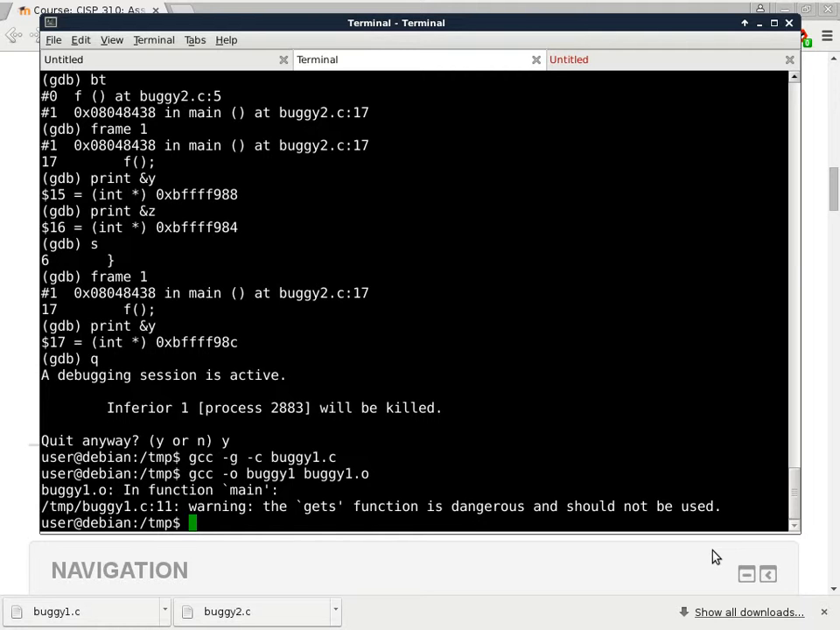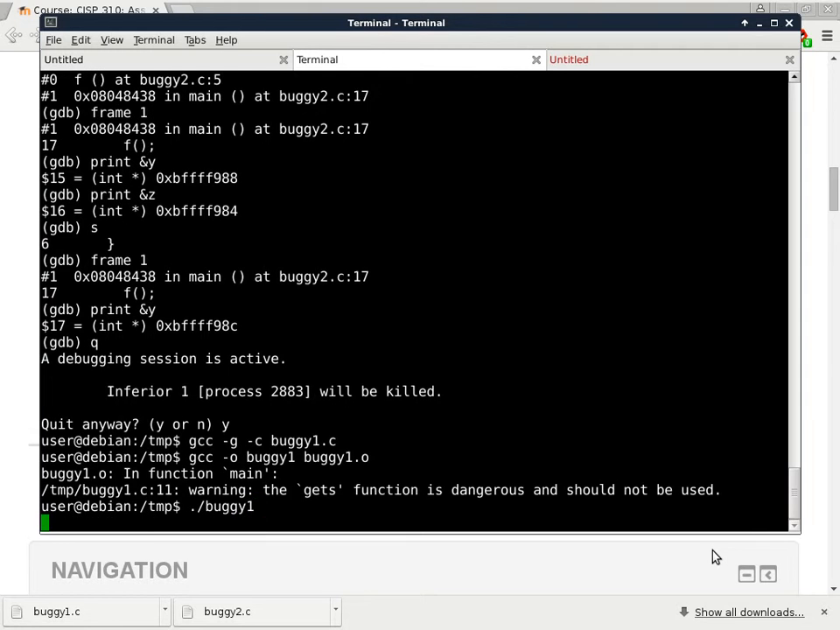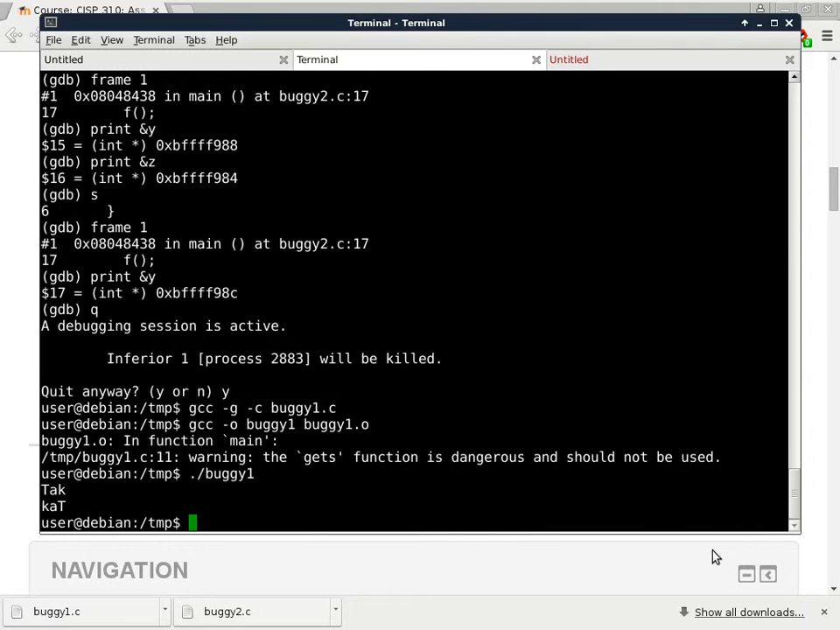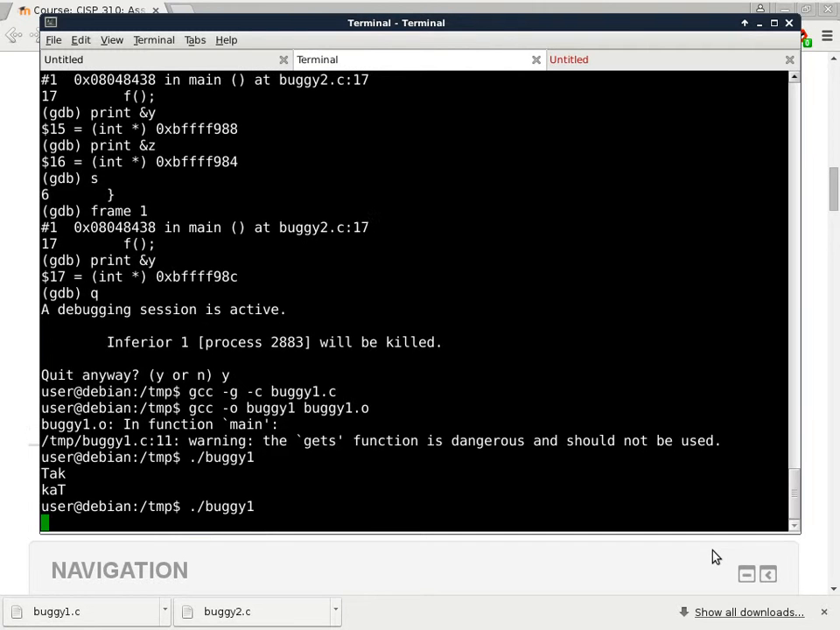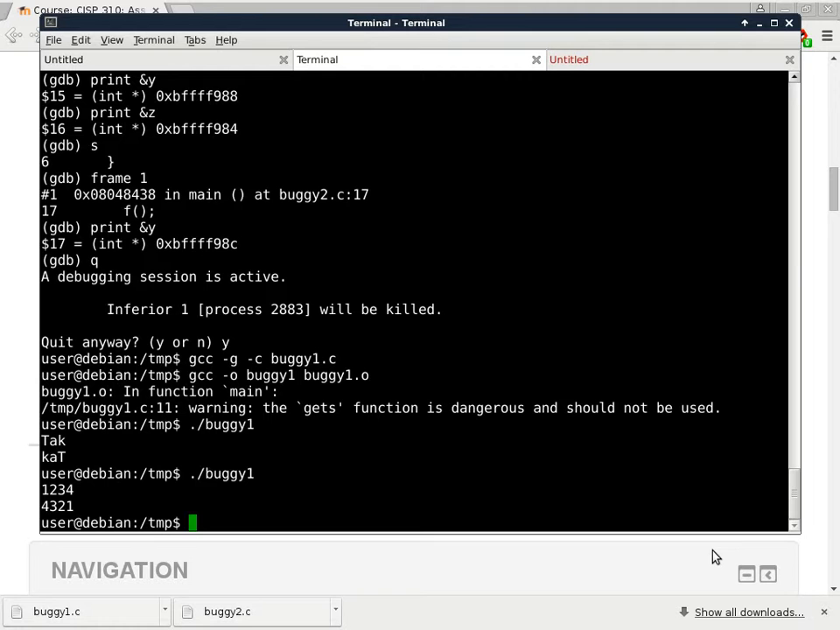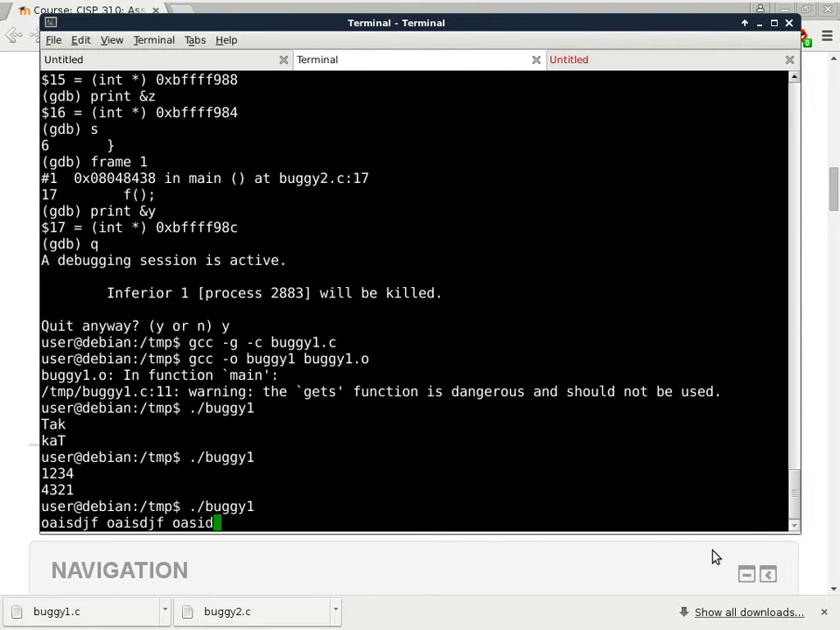All right, so let's go ahead and run the program. Run buggy1. Its job is supposed to reverse strings. You give it A, B, C, D, it will come back as D, C, B, A, and it will work with whatever you can type in a line. So we'll just try it out. Tag comes back as gat. Well, that's correct. 1, 2, 3, 4 comes back as 4, 3, 2, 1. And if you give it a longer input,